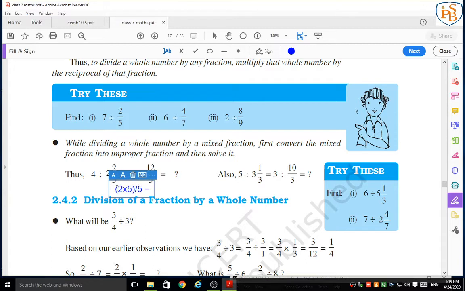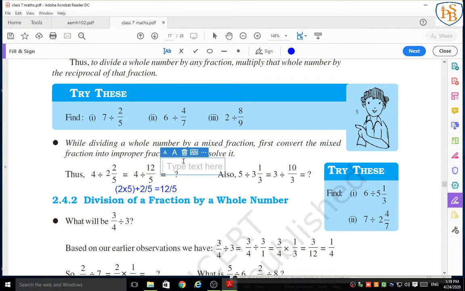And when we finish that bracket, we have to add the number which is given in the numerator place, that is 2. So my answer will be 2 5s are 10, 10 plus 2 is 12, 12 upon 5 is the improper fraction of the given mixed fraction. Okay, so here they wrote 12 upon 5.